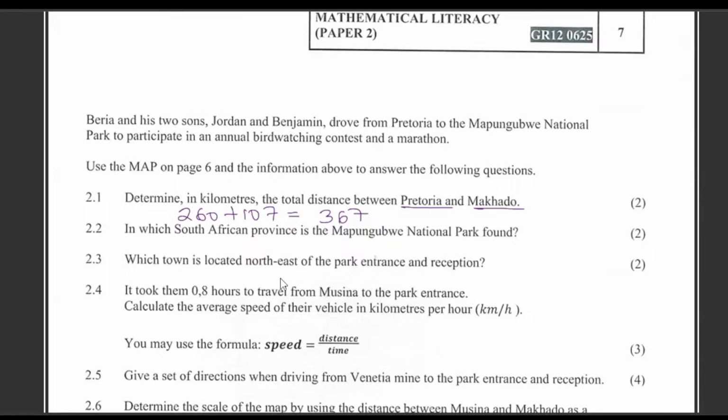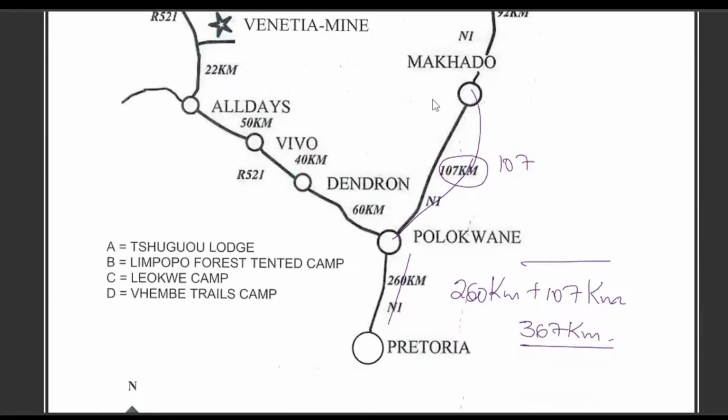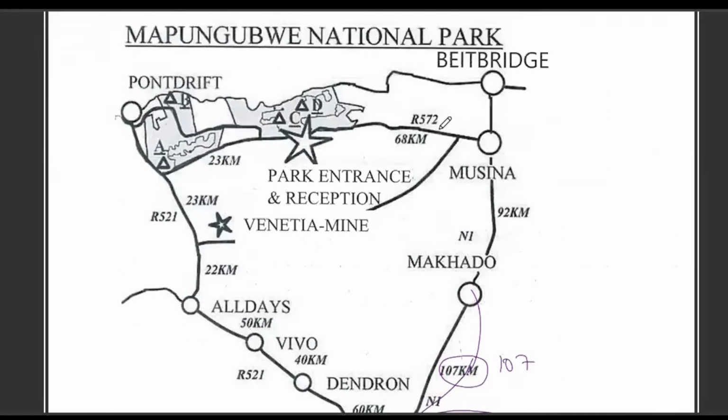In which South African province is Mapungwe National Park found? You have to check very nicely because you cannot say Gauteng. Look at this, Polokwane. Polokwane can lead you to that. Another thing, it's Musina and Beit Bridge. So this province is